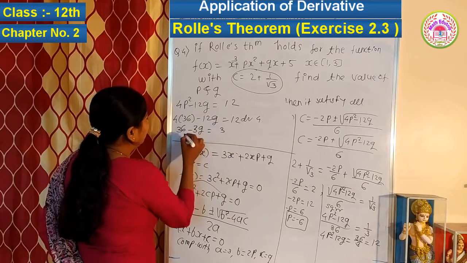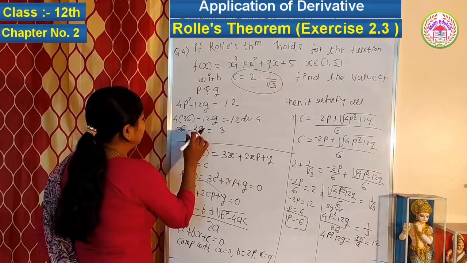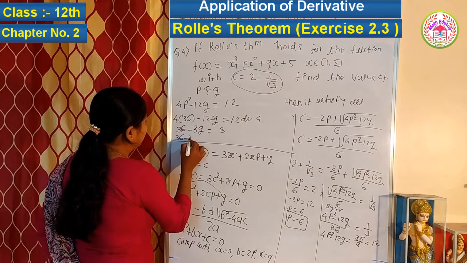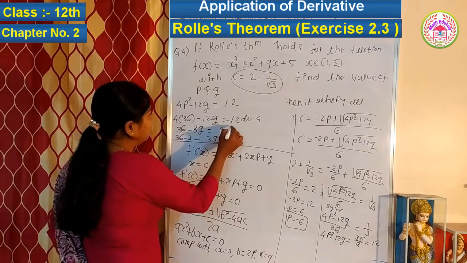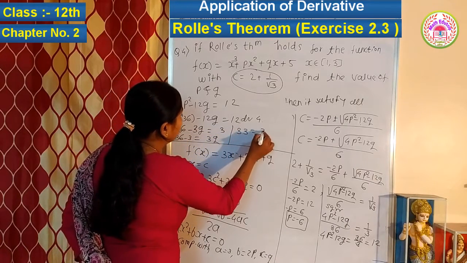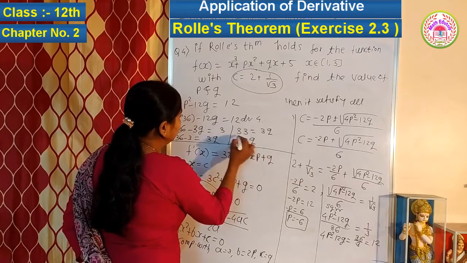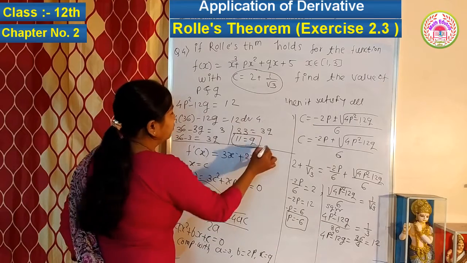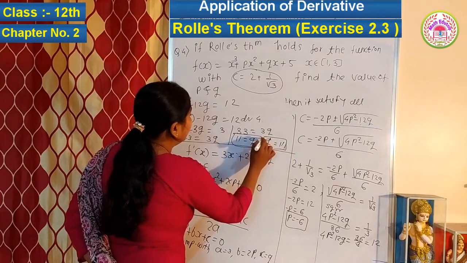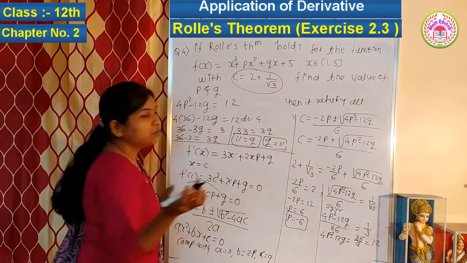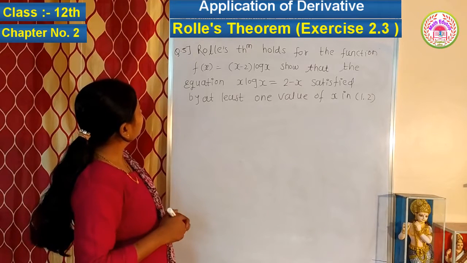यहाँ पे क्या है 3, तो ये 3 को लेफ्ट हैंड में ट्रांसफर करते हैं एंड minus 3q को राइट हैंड में, तो क्या होगा 36 minus 3 इज इक्वल टू 3q, ठीक है। तो ये क्या होगा 36 minus 3 मतलब 33 इज इक्वल टू 3q, तो 3 से डिवाइड करेंगे दैट इज 11 इज इक्वल टू q, तो q की वैल्यू क्या है, q इज इक्वल टू 11, ओके वी गेट q इज 11। देन द वैल्यू फॉर p is minus 6 and value for q is 11, okay। देखते हैं नेक्स्ट क्वेश्चन, क्वेश्चन 5: Rolle's theorem holds for